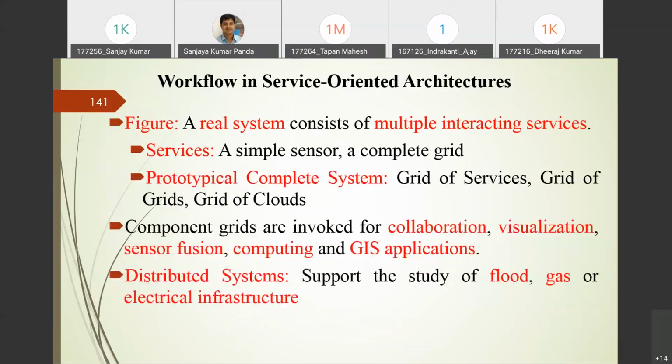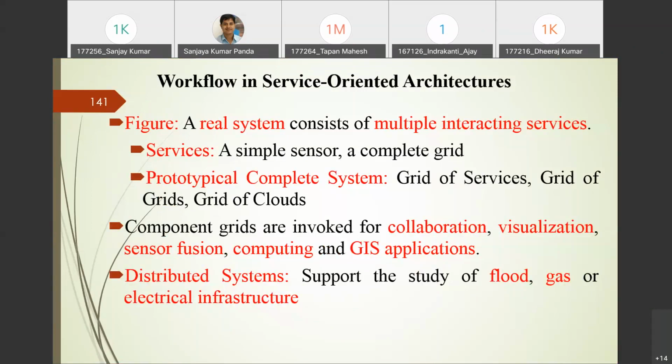Whenever we are talking about a real system, that real system consists of multiple interacting services, right? This system may provide various services, like cloud is providing infrastructure as a service, platform as a service, software as a service, or you can say everything is a service, right?